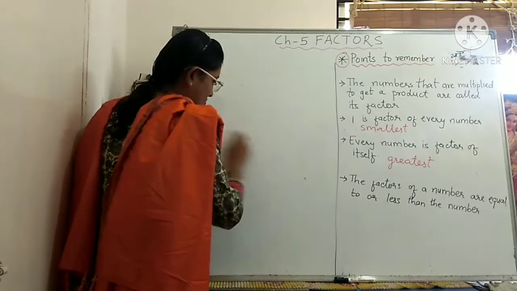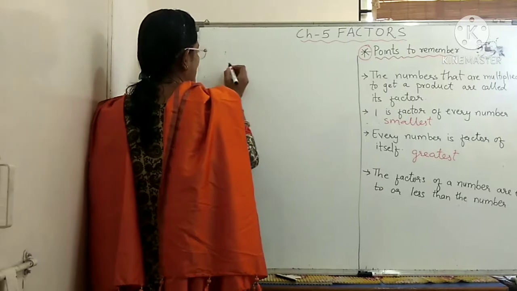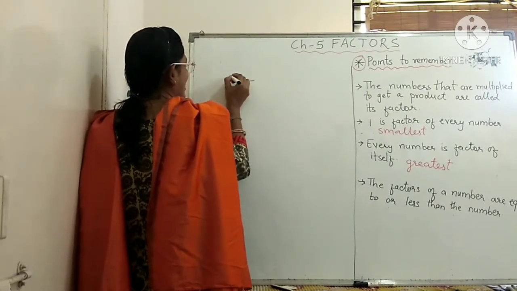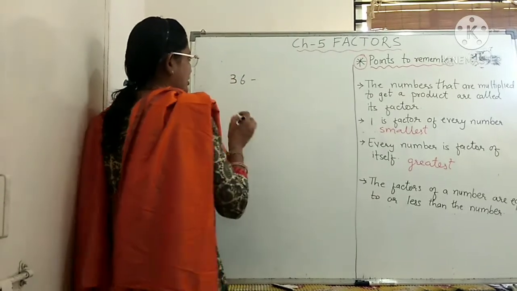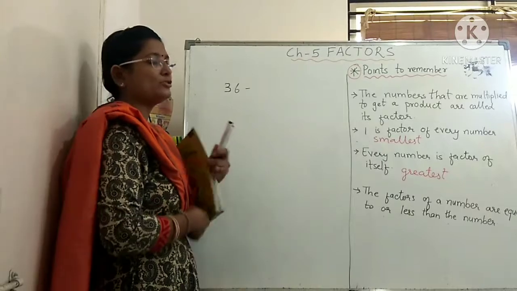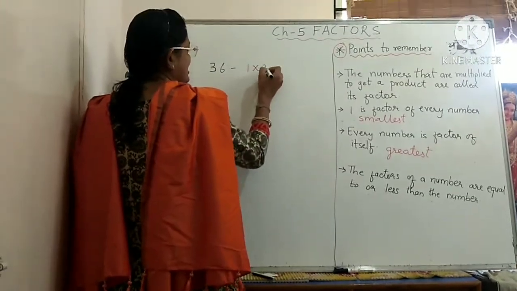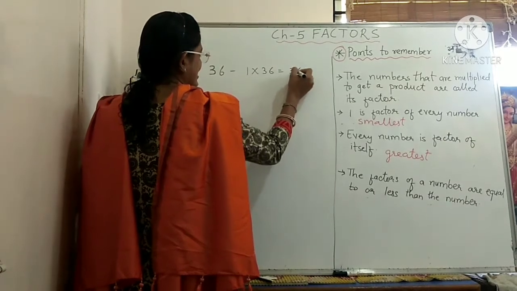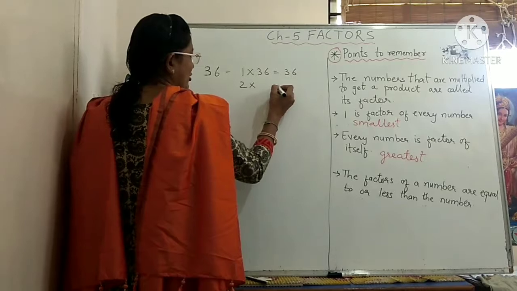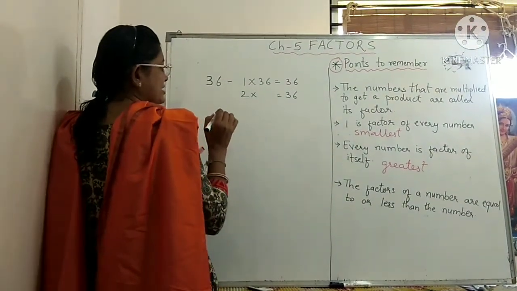Just now I have explained, that was the multiplication method. See here what the multiplication method is. Just now we'll write with 36. Okay, if I tell you to write the factors of 36, we'll start with the multiplication method. The multiplication method means you have to start with the table of 1. Okay, 1 36s are 36. 2, how many is 36 that you have to find here? Here 36 will come. How many 2s are 36? Then you have to divide.